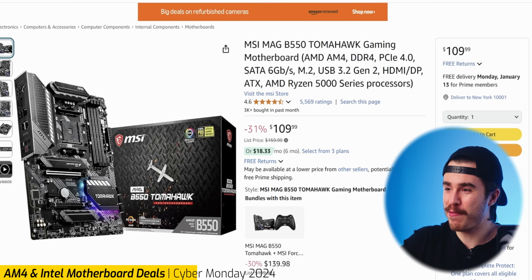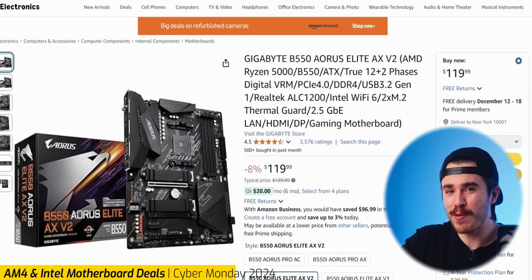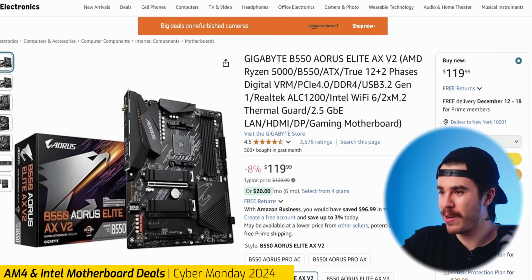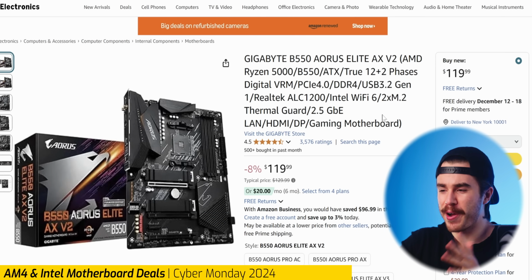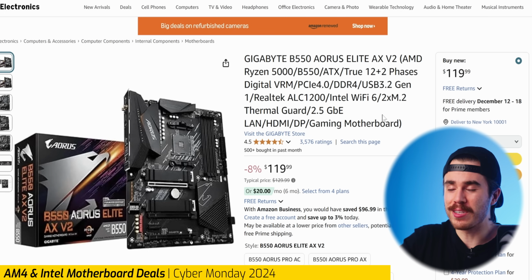But if you wanted something with Wi-Fi for only $10 more, this is arguably the better deal. The B550 Aorus Elite AX version 2 with Wi-Fi. If you look on the top left right there, you can throw some Wi-Fi antennas right there. This is about on par with the Tomahawk, maybe slightly less, but still very good. And for $120 with Wi-Fi, this is the best brand new B550 motherboard deal you can find for an ATX